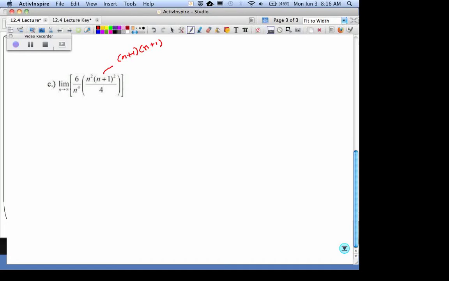But what am I really concerned about? What I'm really concerned about is what is the very first term on top, and what is the first term on the bottom? There can be all kinds of other stuff with it, but it's all about the leading term in both cases. On the bottom,